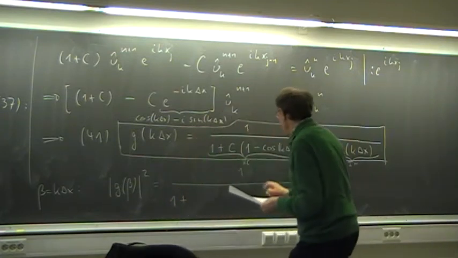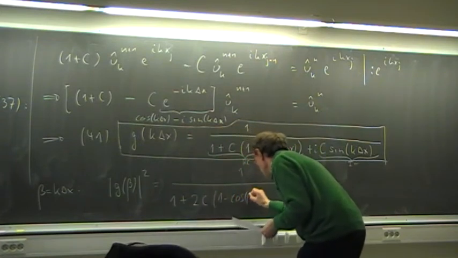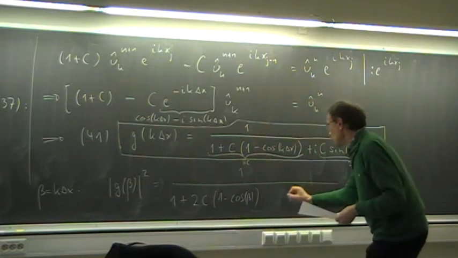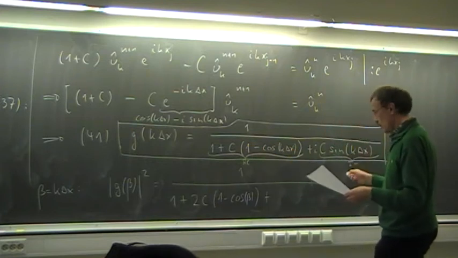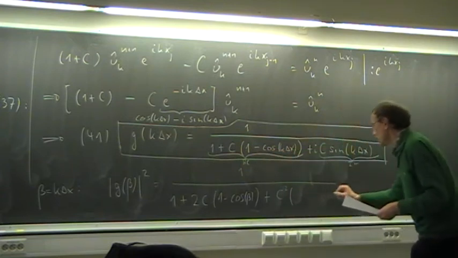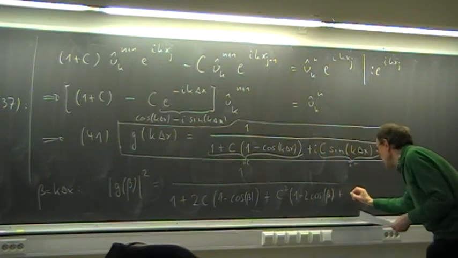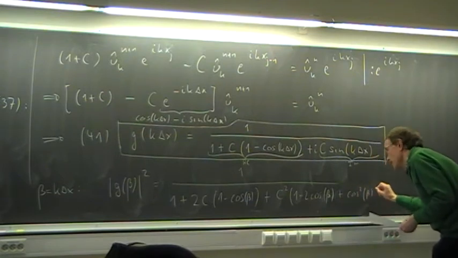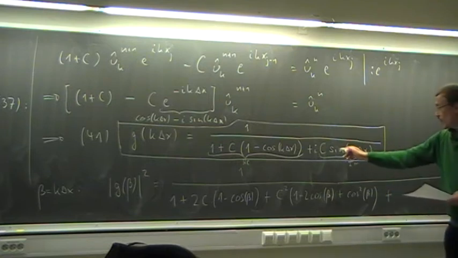then we get 1 plus, and then we get 2 times this expression c times 1 minus cosine beta plus this expression here, the c times so on squared. It gives the c squared, and if we just square also the 1 minus cosine, we get 1 minus 2 cosine beta plus cosine squared of beta. So then we have now the real part squared. Now we add the imaginary part squared, and that is simply c squared sine squared